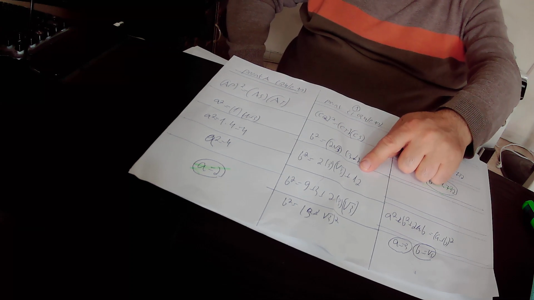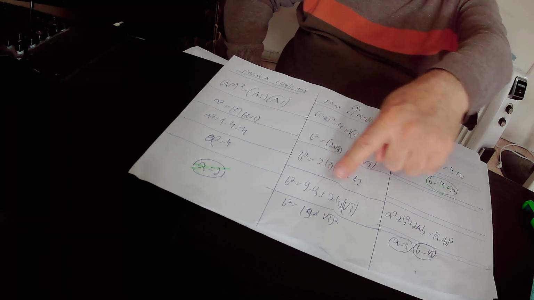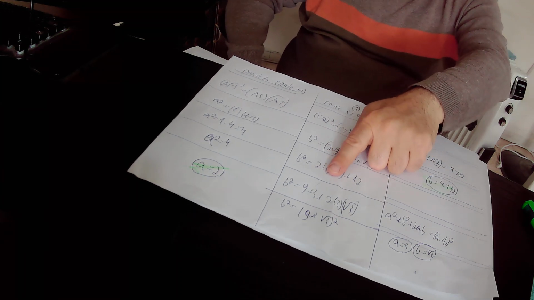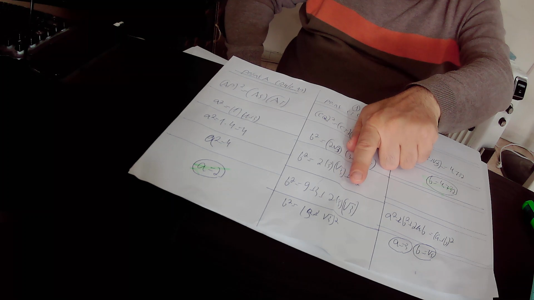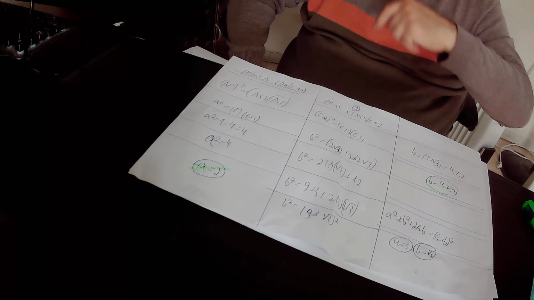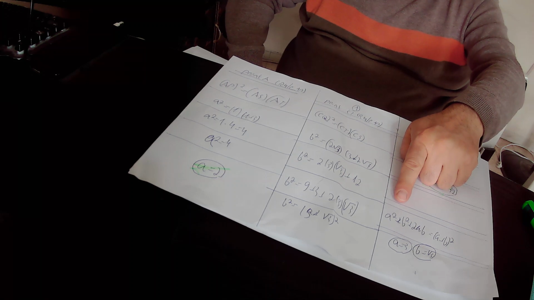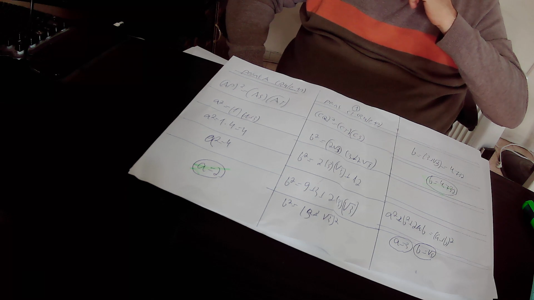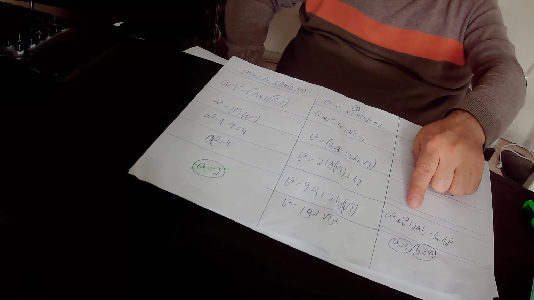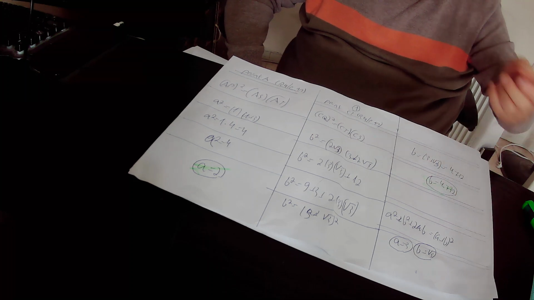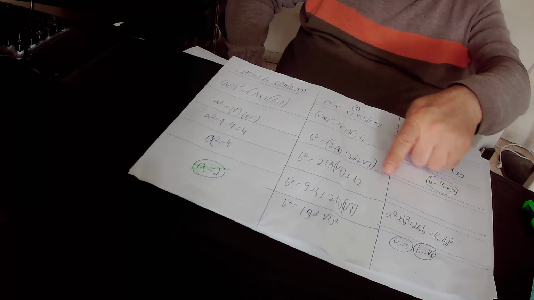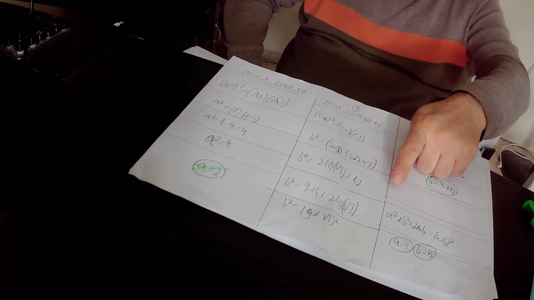We substitute 12 by 9 plus 3, and finally find that b square equals 9 plus 3 plus 2 times 3 times square root of 3. This expression is very similar to the algebraic identity a squared plus b squared plus 2ab, and according to this identity, a squared plus b squared plus 2ab equals (a plus b) squared. Why are those two expressions similar to each other? Because if